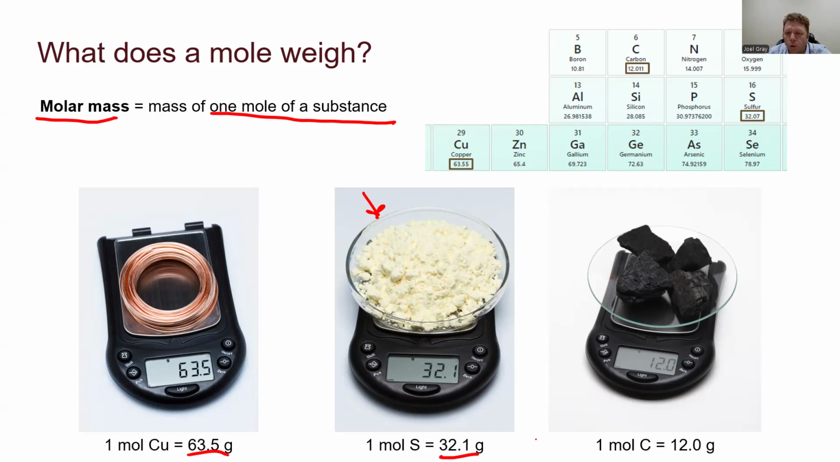That has a mass of 32.1 grams. 1 mole of carbon, again, we're talking about carbon being that charcoal. That's approximately 12 grams. Now, if we look at the periodic table,